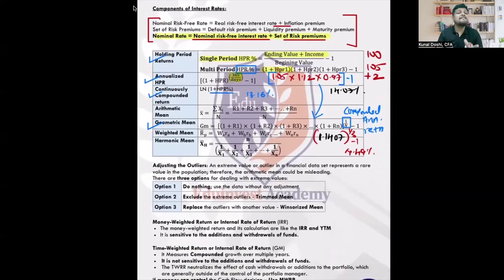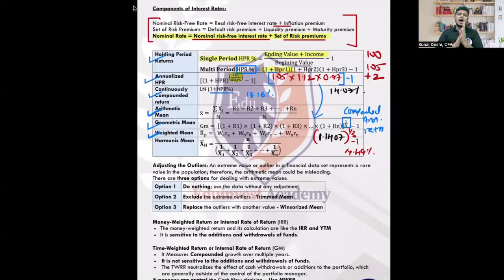Then there are, see, these are individual returns. But if I want to see the average returns, what is the average return statistically called? Mean, arithmetic mean. The simplest mean is arithmetic mean, where you take the returns divided by n. So if you have 5-year returns, divide it by n. That is simple arithmetic mean or average. Geometric mean is the compounded return. And when you have multiple securities in your portfolio and you want to calculate portfolio weighted average returns, that is what we call weighted mean. Weighted mean is nothing but portfolio returns, which we are going to do when we do portfolio calculation.